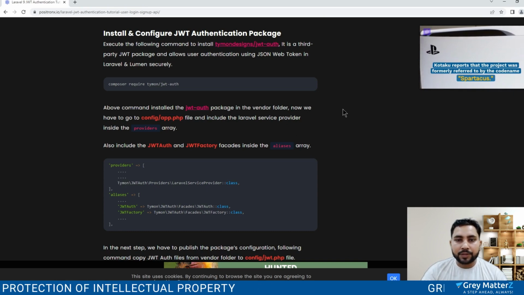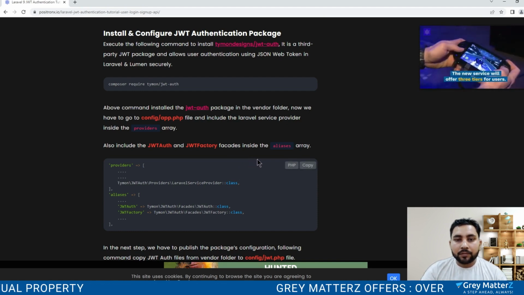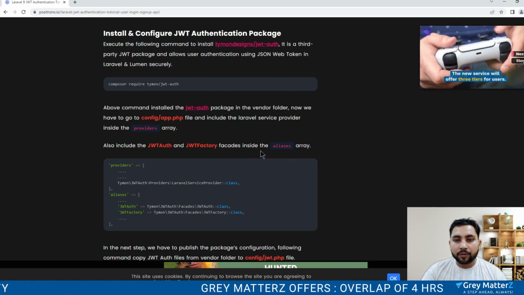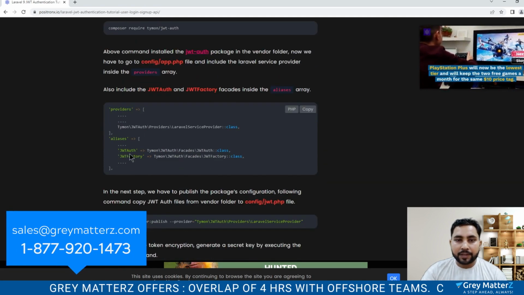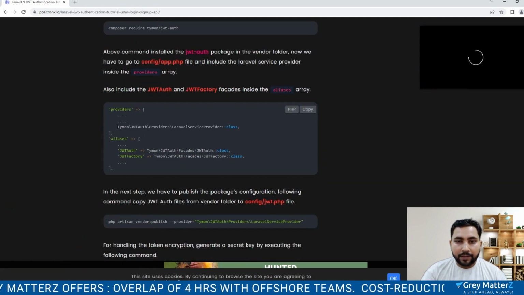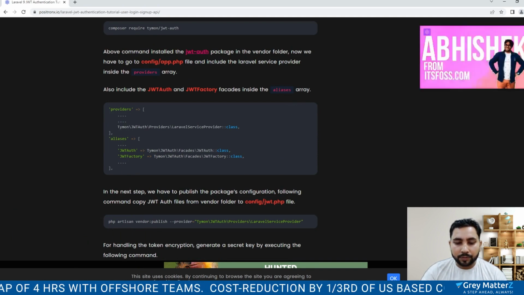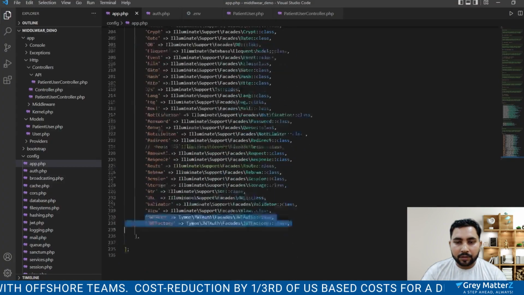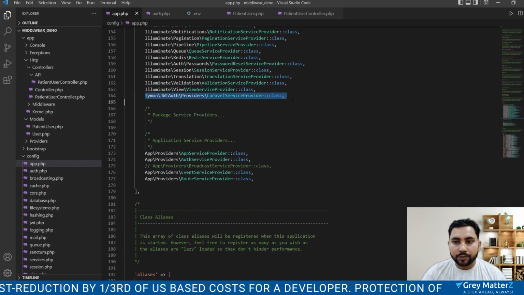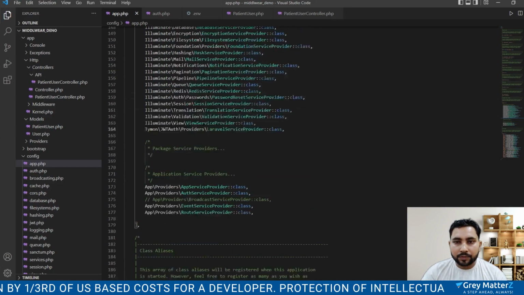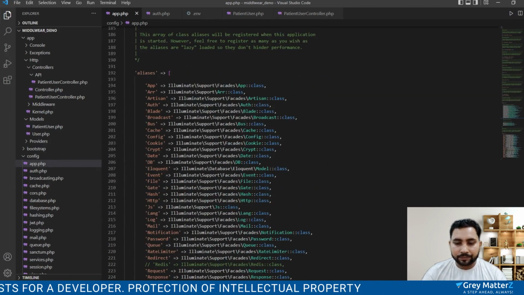After the installation succeeds, the second step is to go to the config auth.php file and include the Laravel service provider in the providers array and the related packages inside the alias array. Let's move on to code. This is my providers array, and I have already added the provider in the providers array and the alias in the alias array.